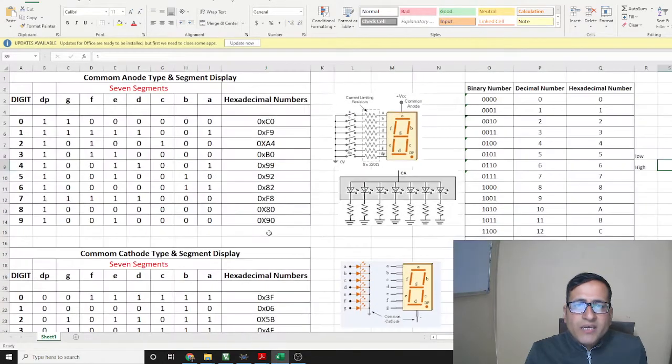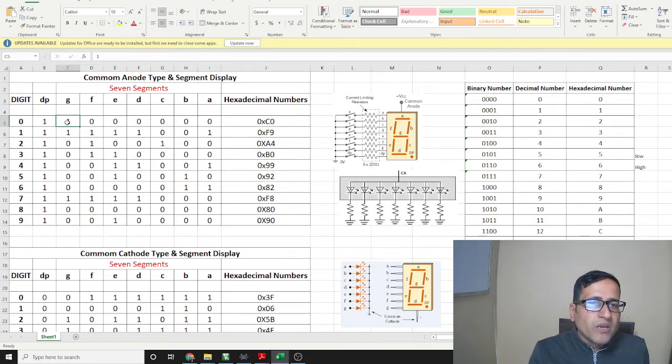So let's start. As we discussed, for 0 we have to glow these segments by giving the low value in the case of the common anode. Low is 0, so we have to give 0 to A, B, C, D, E and F. As we can see in this table, A is 0, B is 0, C is 0, D is 0, E is 0 and F is 0, and G is high.